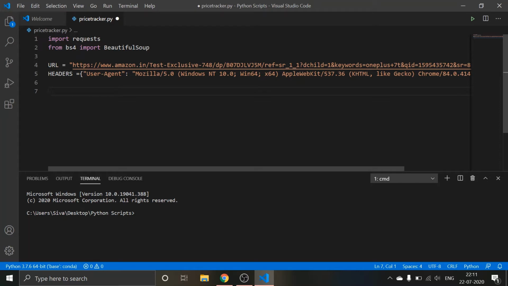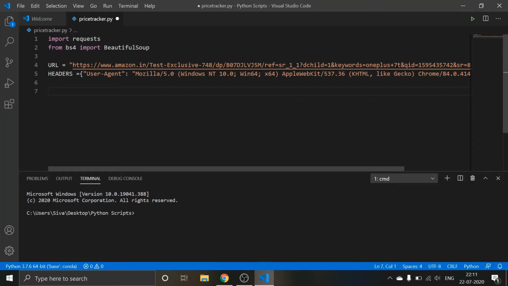Once this step is over, what I had said initially is that I am dividing the whole code into three parts. First, I am bringing up the price, which means I am web scraping the price from this particular URL through this header. That means I have scraped the price from here.